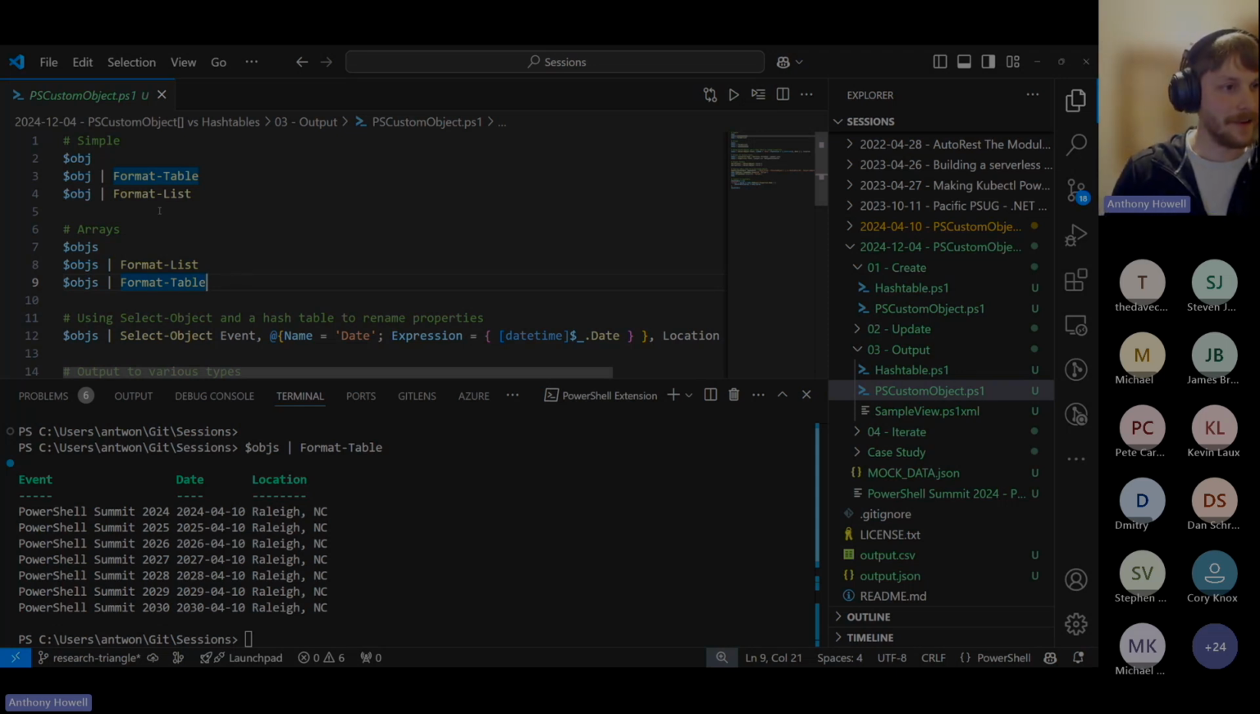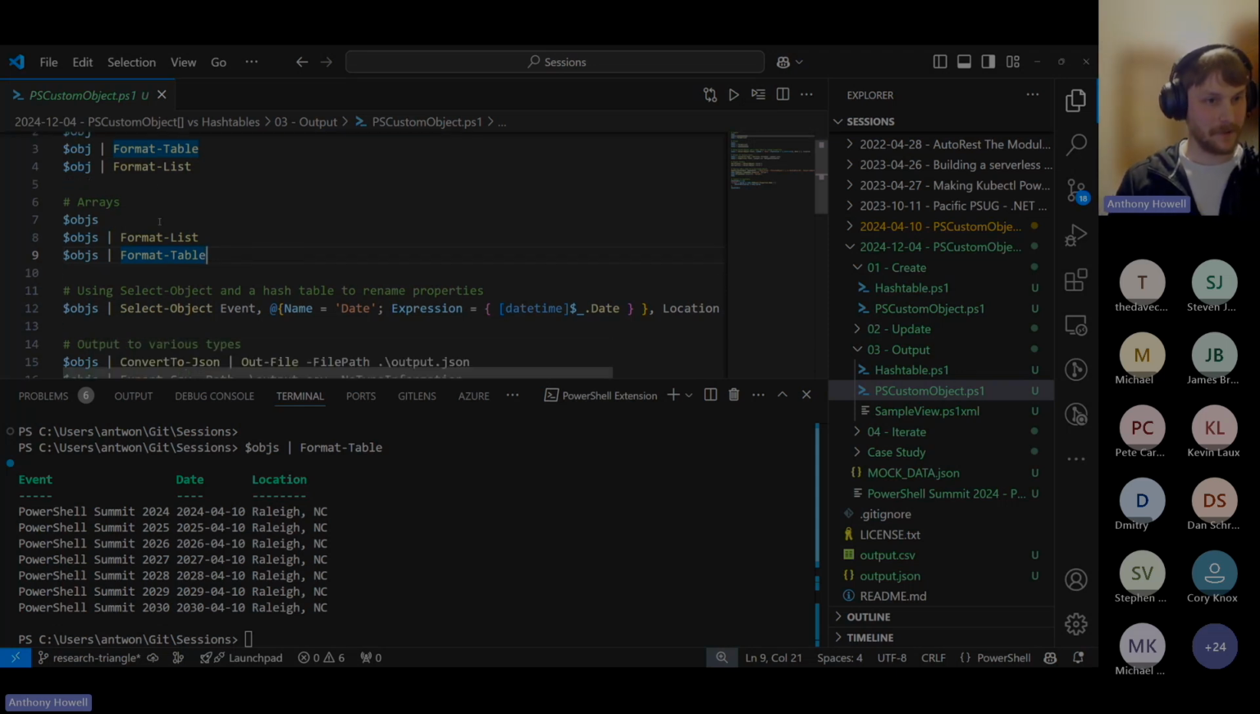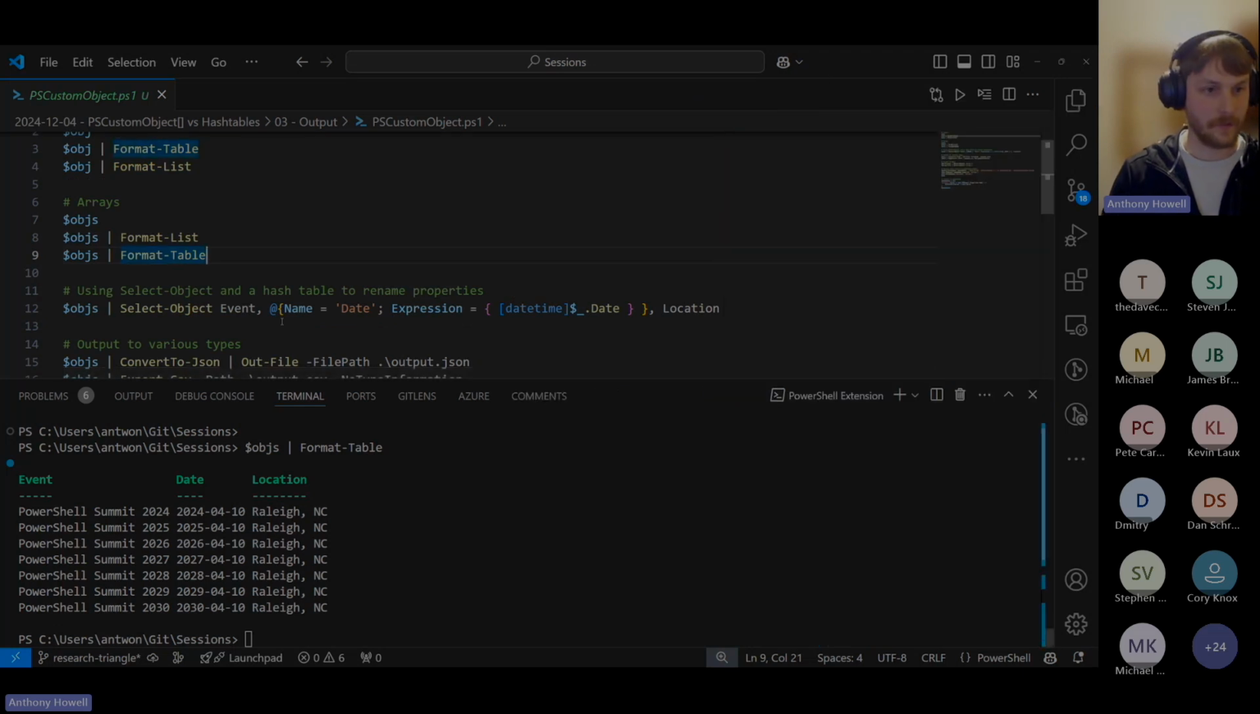Yeah, good call. Okay, so let me get back on track here. So Select-Object, that's another one. Select-Object works natively with PS objects. And one of the really fun things is, this is kind of long to type out, but you can use hash tables to create expressions inside of